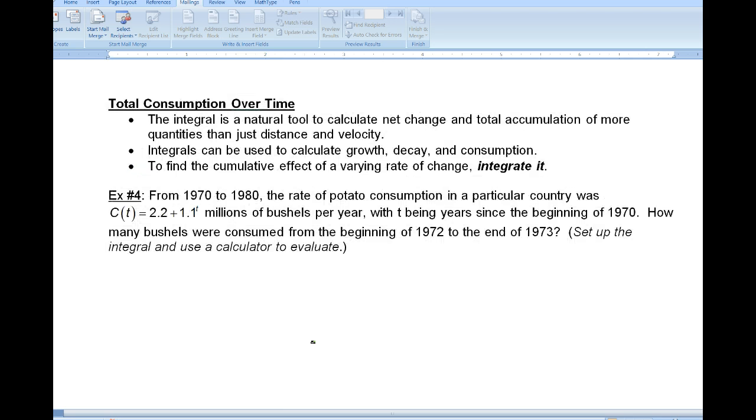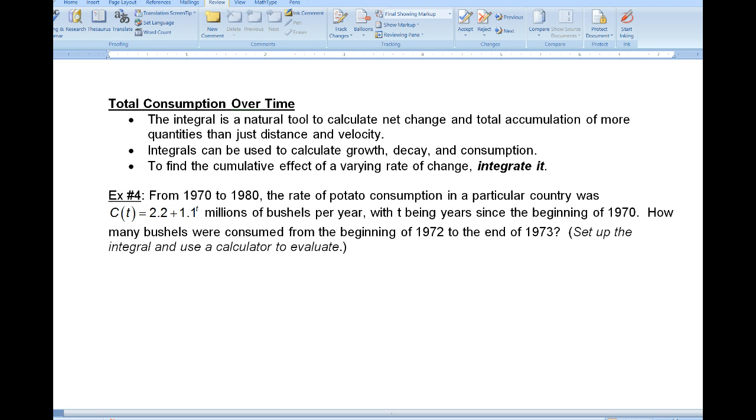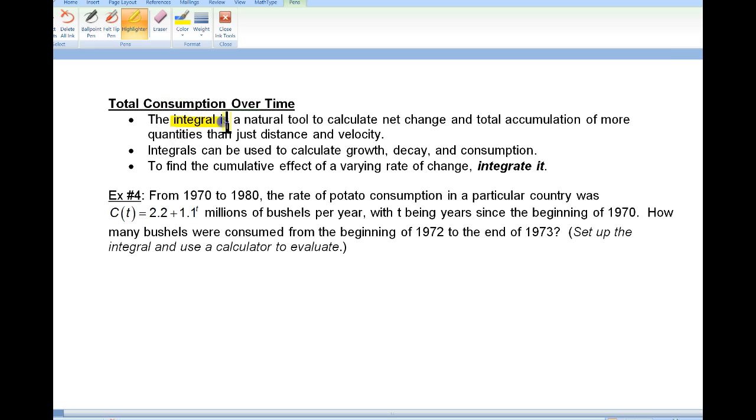Okay, total consumption over time. So again, the integral is a way to figure out a net change, an accumulation. So to find the cumulative effect of a varying rate of change, just integrate it. Okay, so from 1970 to 1980, the rate of potato consumption in a particular country was given by this. With t being years since the beginning of 1970, how many bushels were consumed